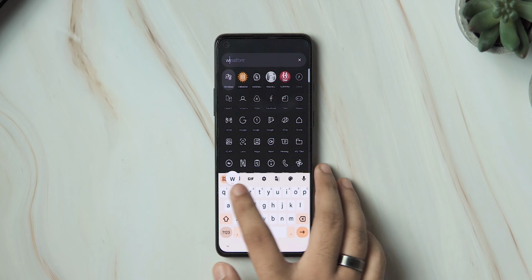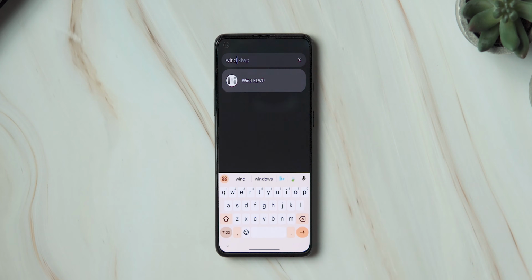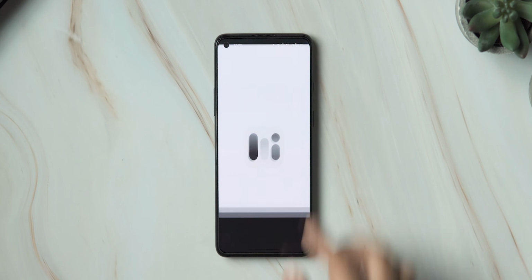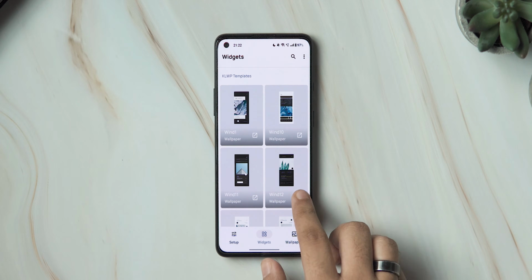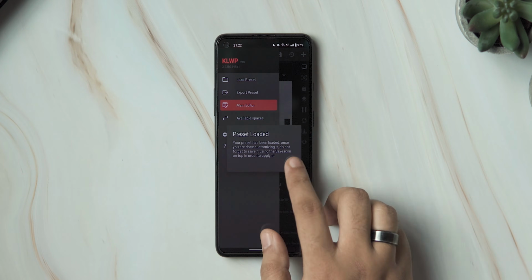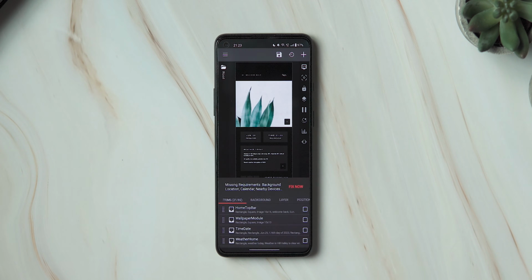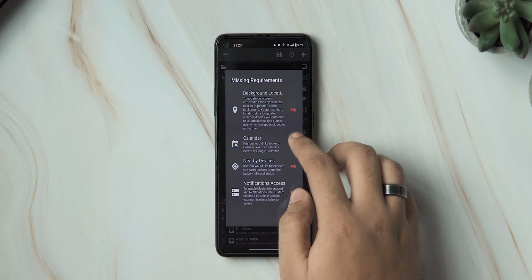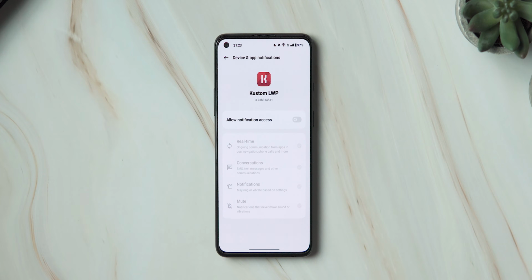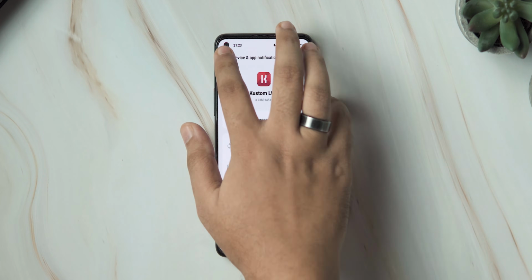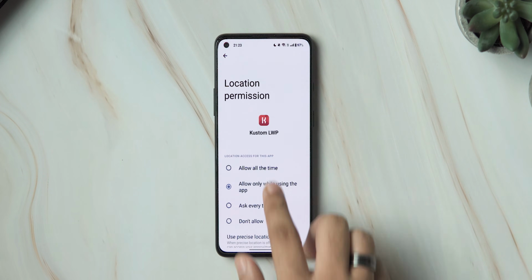Okay, now let's go back to our app drawer and search for the Wind KLWP skin pack. Once it opens, just head over to the Widgets tab, and then from the list of skins, select this one right here called Wind 12. Now here you'll probably get this Fix Now message, which we are gonna tap on like so, and here we basically need to grant all the missing permissions that are preventing our skin from loading up on our screens. Now once you're done with granting all the permissions like so,